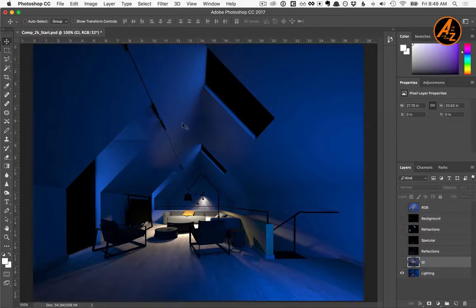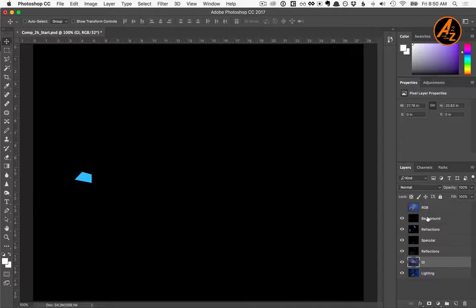In this lesson, we'll talk about compositing in Photoshop. In V-Ray, we rendered out the different render elements. And here in Photoshop, we have each of those elements as a layer. Let's first reassemble the beauty pass by turning on all of these layers except for the RGB, and then selecting